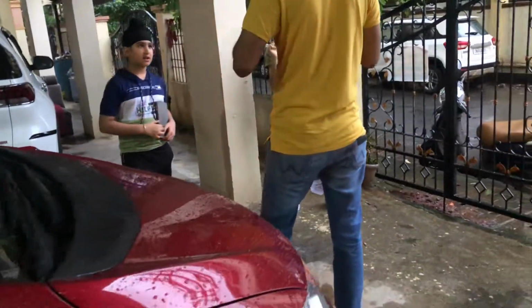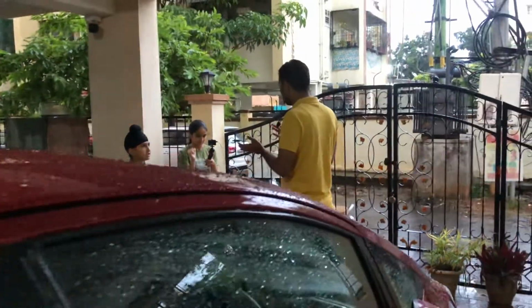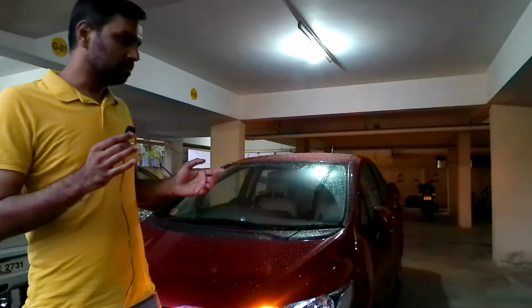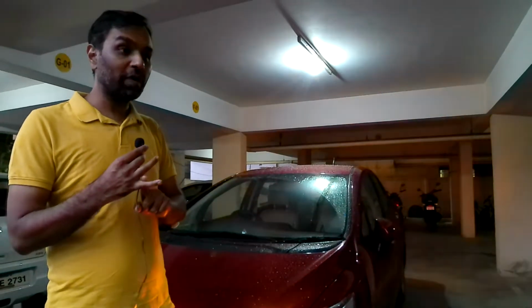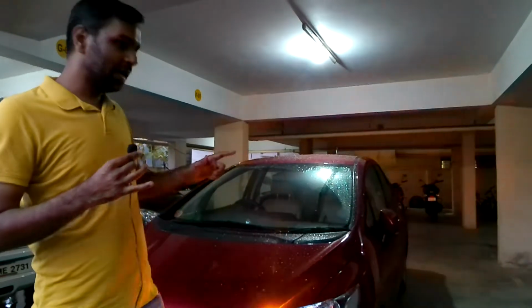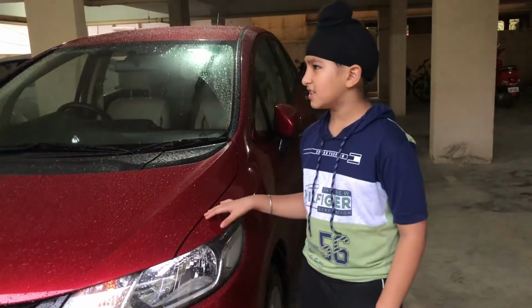Safety wise, it should be a safe car. It should be fun to drive. It should be safe to drive, and it should have space. That was my requirement. I tried many cars, and I was only looking for a hatchback. I was not going for any other big car because of my budget constraints. In that, I found this car to fit all my requirements because this gave me more space than any other car in its segment,